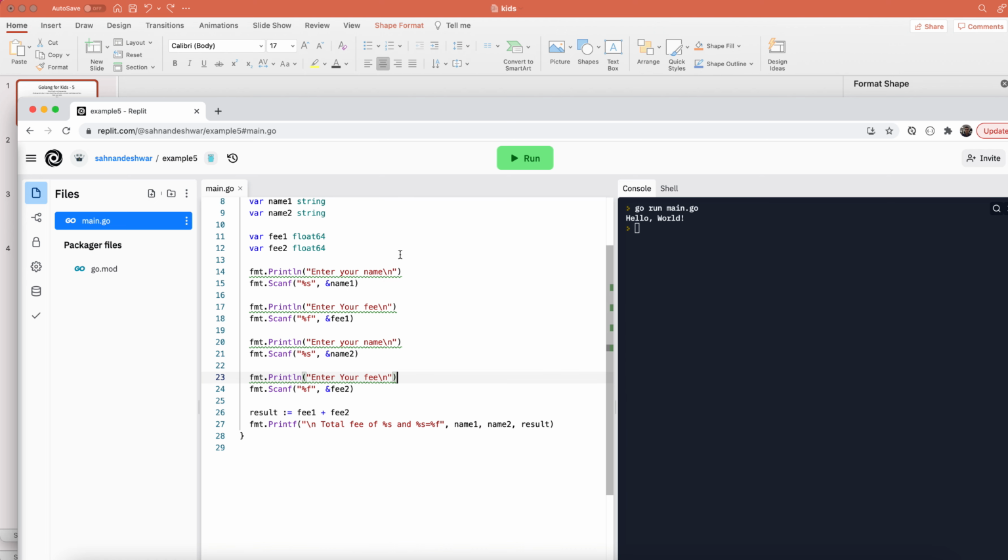let's run it and see what's the error, or if everything is good. It's saying enter your name, so we'll say Ram. Enter fee, we'll say 100. Enter your name, we'll say Chris. Then enter fee 200. Okay, so this time again we do not see the result. Result came but disappeared, so maybe we can put something